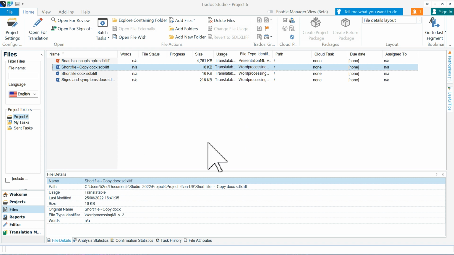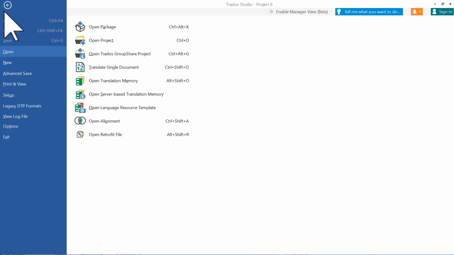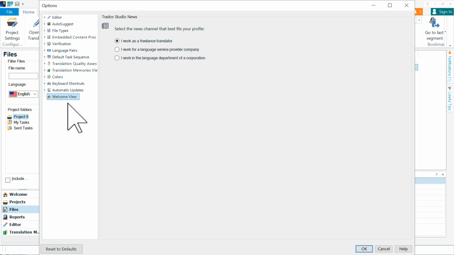All right, so now that we have explained the main things here, we can see a few more details. Let's say you've started like this and you realize you need other options. You can click on Enable Manager View, or you can go to File, Options, Welcome View. You select Welcome View, and here you can say what you work as, and Trados will adapt the view to